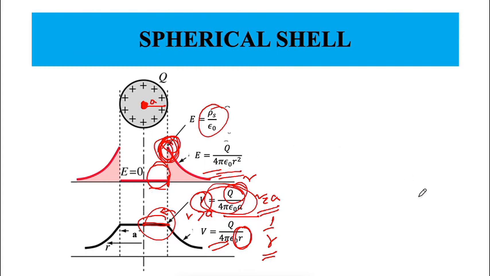This is very crucial. Please note that the electric field is 0 inside the cell, but the potential is not 0. With this we will close Gauss's law now. There are a lot of other symmetric charge distributions that you can keep working on, but we are not going to consider them. Thank you. That's all for today's lecture.